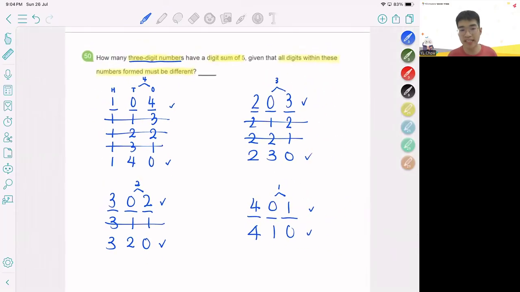Now we have listed out all the cases. In total, there are 1, 2, 3, 4, 5, 6, 7, 8. 8 such 3-digit numbers. And that's how you do this question. Always list in order, consider place value by place value, and pay attention to all the possible conditions or traps